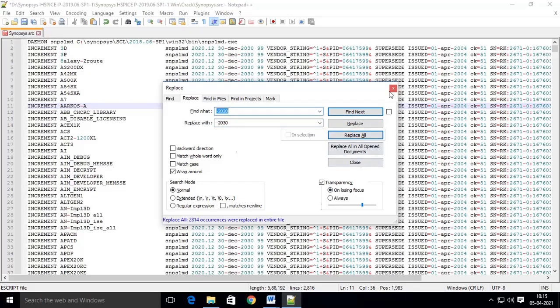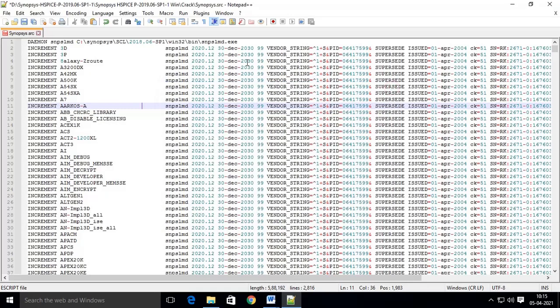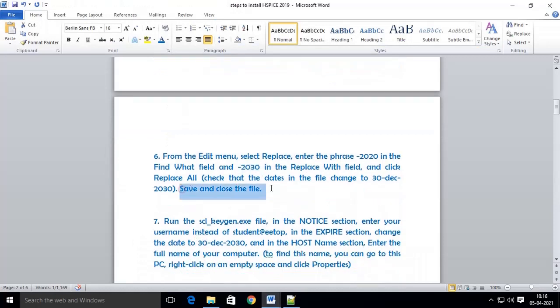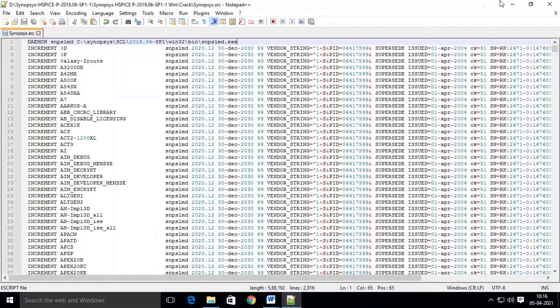So we have replaced all the dates, and check whether the date is 30 December 2030 or not. All dates are modified, and then save the file. We save and close the file.